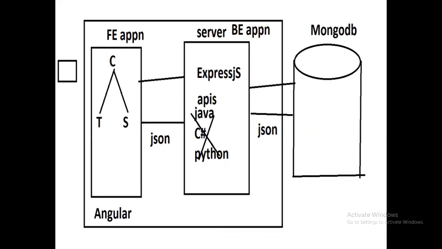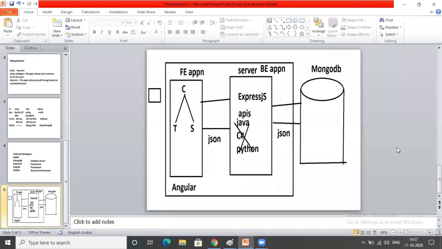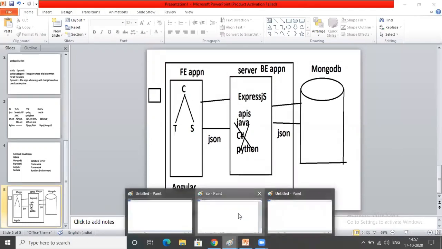Your Angular and Express.js both are using the modules given by Node.js, and Node.js is responsible to run your particular application. So here our main target is how to perform CRUD operations. We need to create one database, and then we need to create one API, and then we need to create some front-end application. So generally, in order to work with Angular, first of all, you need to install the softwares.